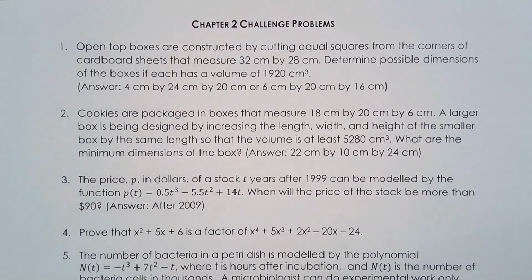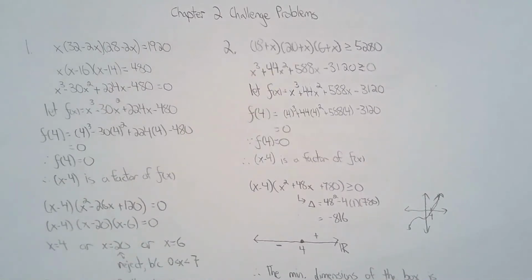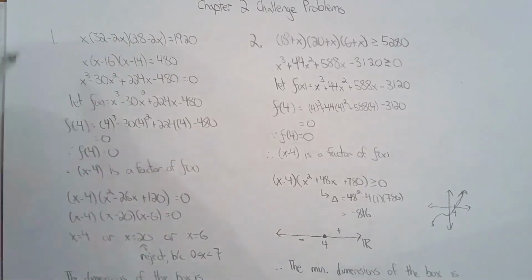In this video, I'm taking up the Chapter 2 challenge word problems. So the first question was, we've done this quite a few times. It's the classic cardboard sheet where you cut the squares from the corners and you make an open top box. So I won't spend too much time